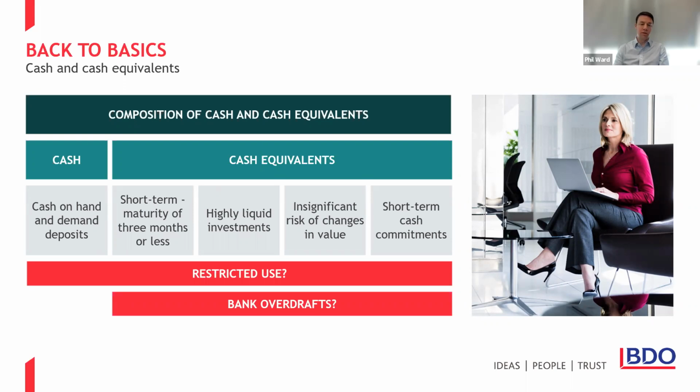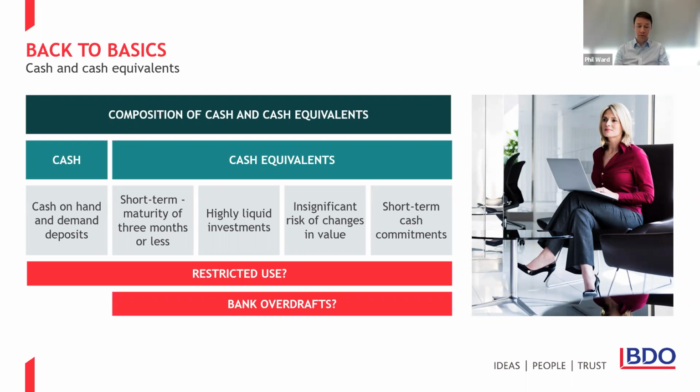Some of the nuances to look out for. The first requirement is for the investment to be held for a short term, if it's to be a cash equivalent. To qualify as such, the investment will normally have a maturity of 3 months or less from the date of acquisition. It's really important to emphasize that. It's the date of acquisition that drives whether it can be included as a cash equivalent, not the period to maturity from your balance sheet date. So date of acquisition is key there.